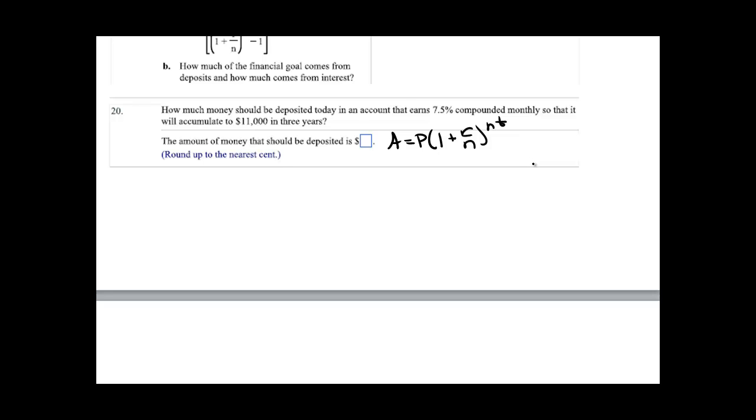So now if we plug in all of our values for our compound interest formula, we're going to have $11,000 as the accumulated value, equals P onto 1 plus, the rate is 7.5%. Converting that to a decimal, we get 0.075 over N, the number of times it compounds. It says compounds monthly, so over 12 to the power of 12 times T, and T is in years, and it says 3 years. So now if we work this out, we can put this together and raise it to the 36th power, and we will get